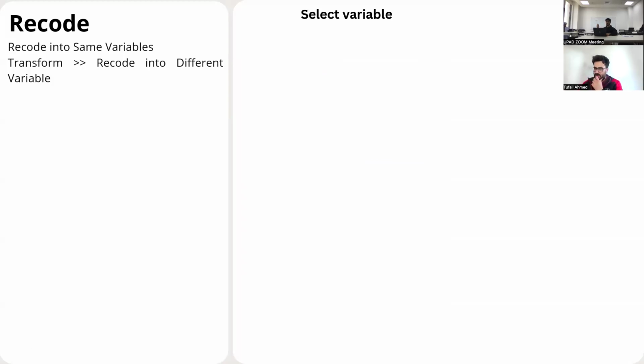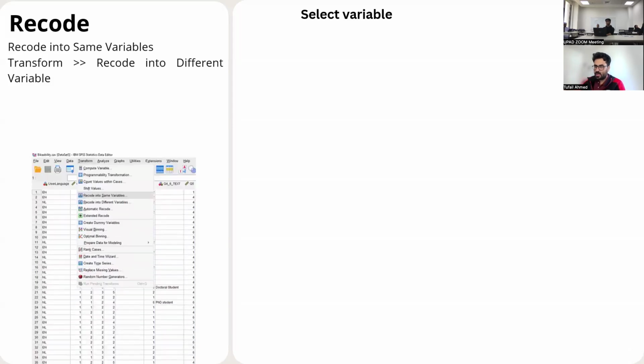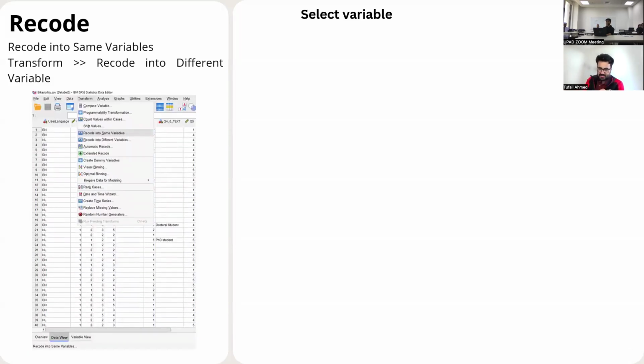So when you open the data, there were some problems with the data, and we want to fix it. There is another function that we call recode, for when we have coded the data wrongly. We can use the recode function to fix the issues in the data. How can we do it? I will show you a practical example when we are doing the hands-on experience. Normally it's again in the transform function, and you have two options: one is recode into same variable, and the other is recode into different variables.